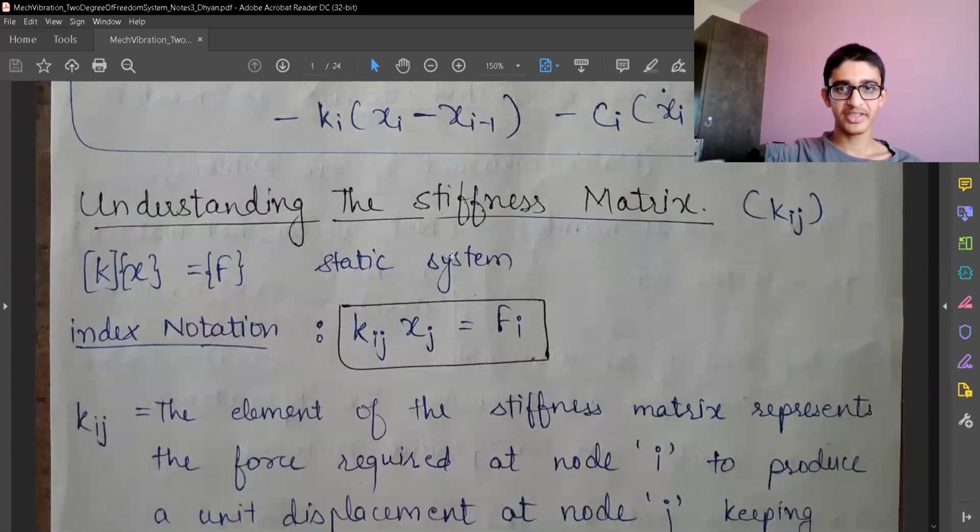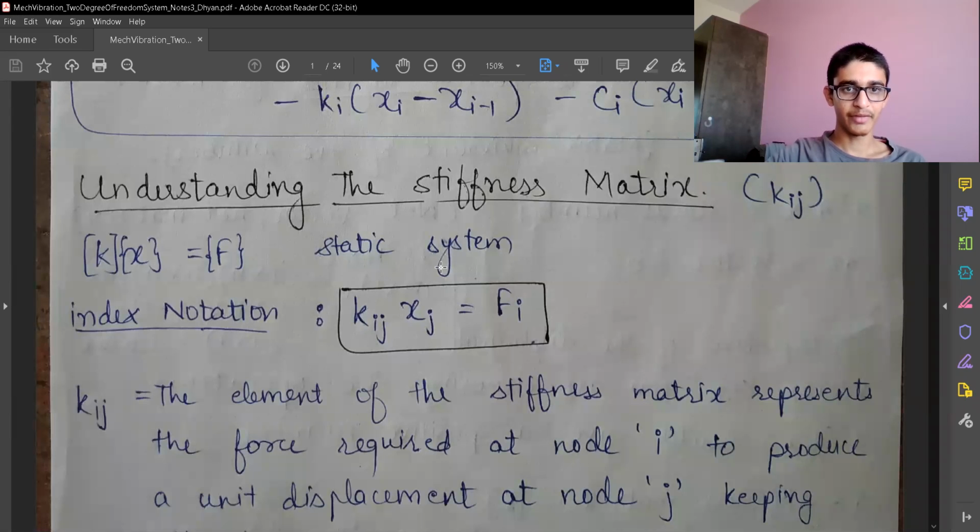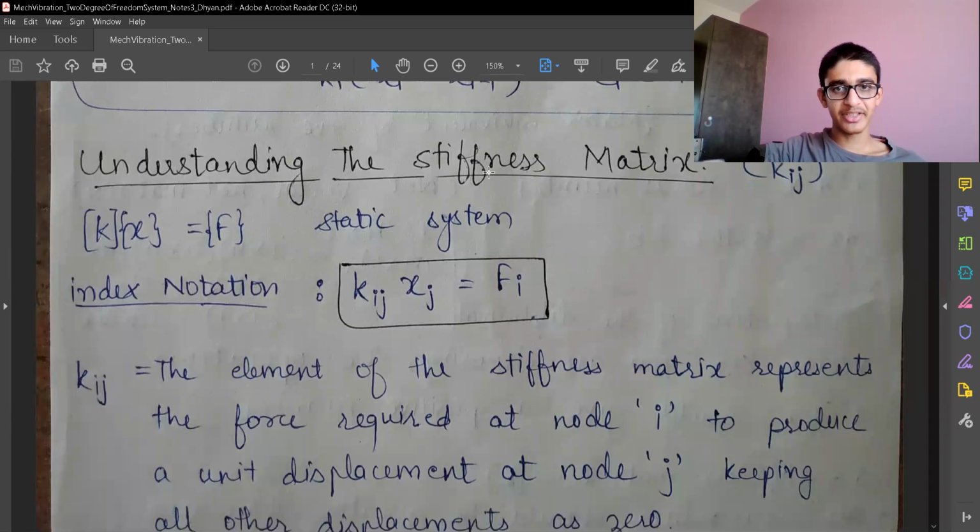So we need to understand how these matrices are formed when we write the general equations of motion and convert them to the matrix form. The matrix forms are really very helpful when we are going to solve, because earlier we used to have only 2 by 2 matrices. So we can easily invert them and do multiplications. But if there are 10 by 10 matrices, we cannot do that manually. So we need to use some software such as Excel or MATLAB, which are very commonly used to get our solution. So let's start with understanding the stiffness matrix.